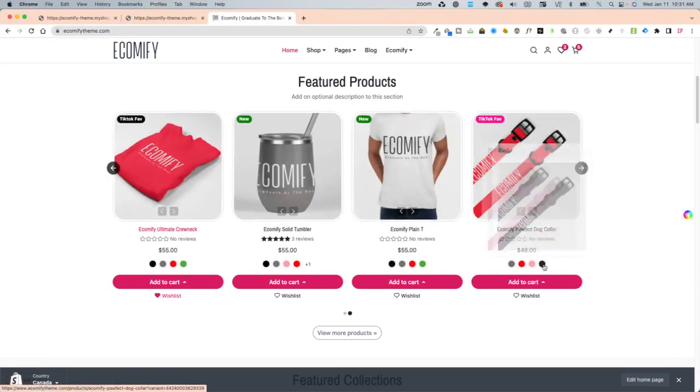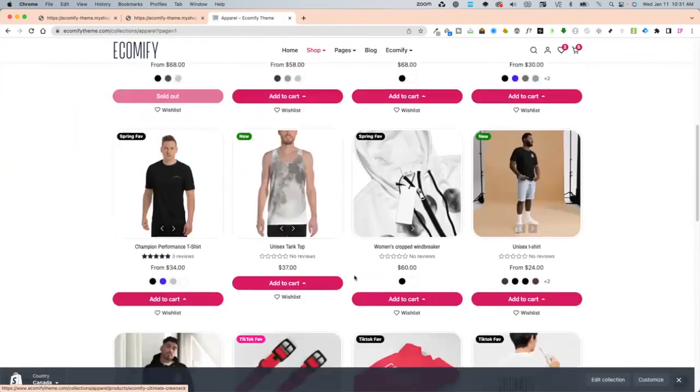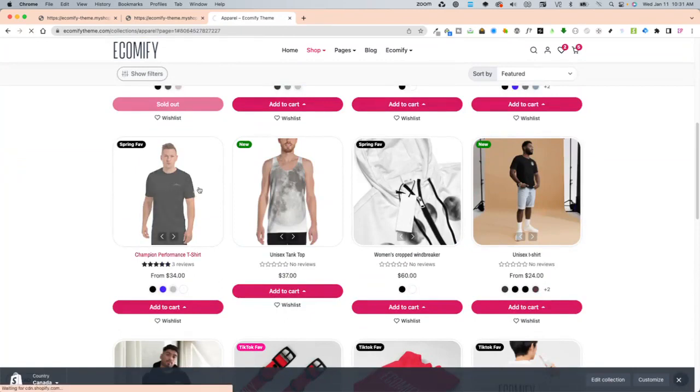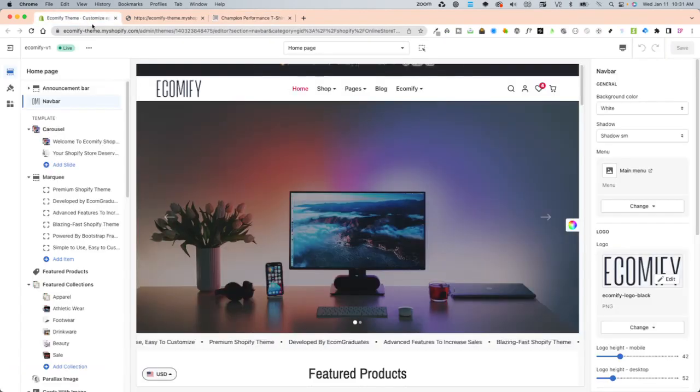Now they are on the featured products, they are also on collections, and they are also on the product page as well by default. There is no drop down anymore. We know by backed up data that color swatches are more visually appealing as opposed to a drop down. So what you're going to want to do is go into the back end of your